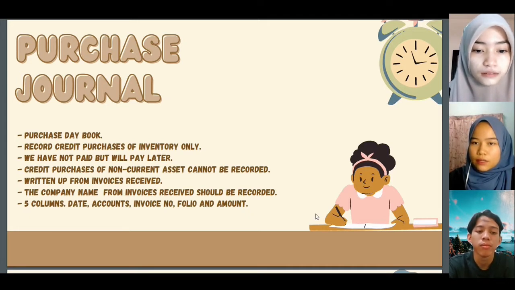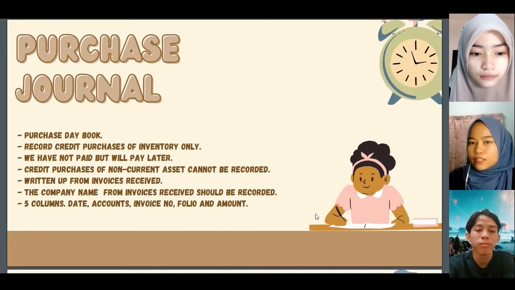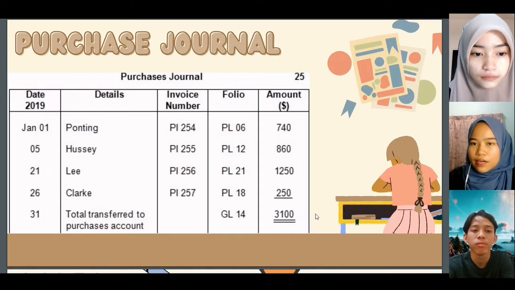It is written out from invoices received by the business. The name of the company or supplier from invoices received by the business should be recorded and listed in the business purchases journal. There are 5 columns. The first column is to enter the date the transaction took place, a detail or account column to enter the name of suppliers, also known as accounts payable or liabilities, invoice number column to enter the invoice number, and